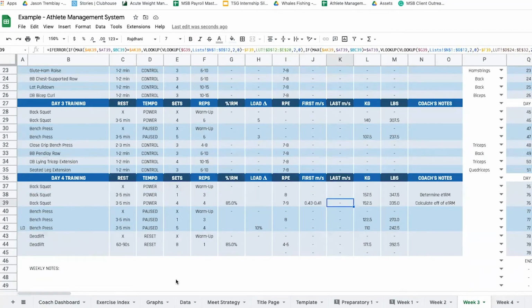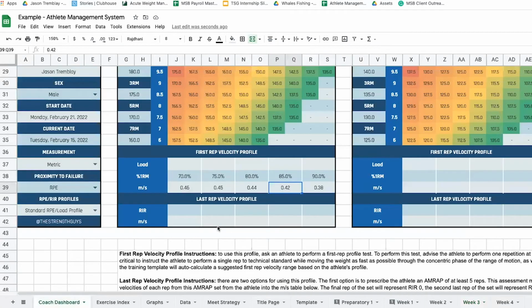And you could also get a target last rep velocity. So let's say the client's done an AMRAP to failure. And this would be 10 RP, 9 RP, 8 RP, 7 RP, 6 RP,